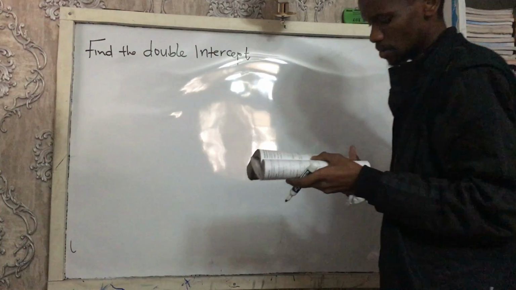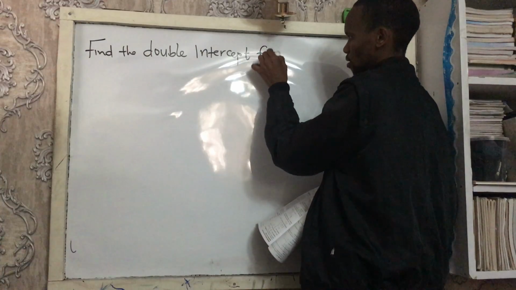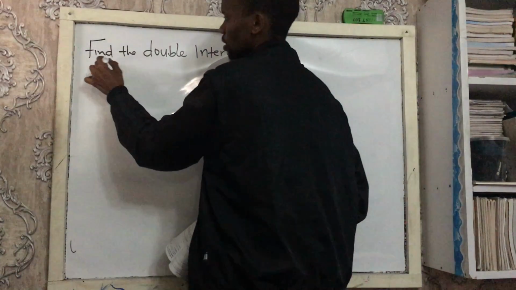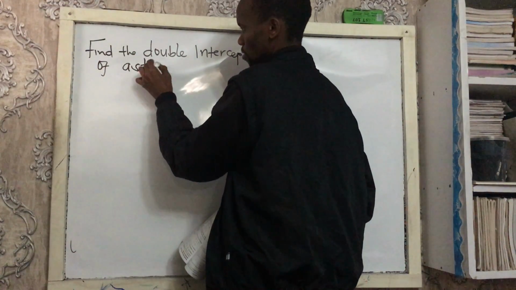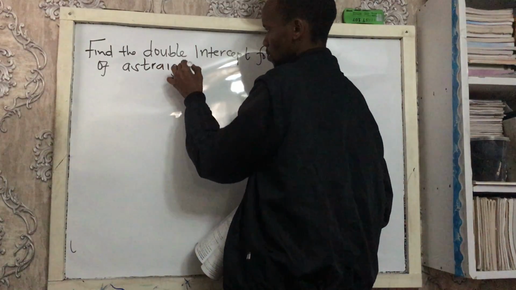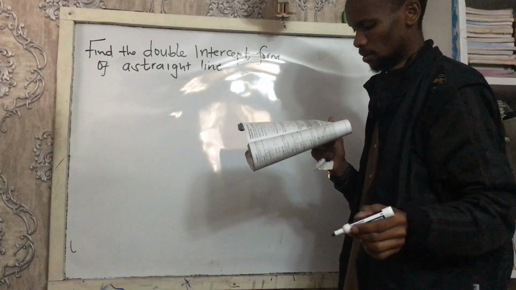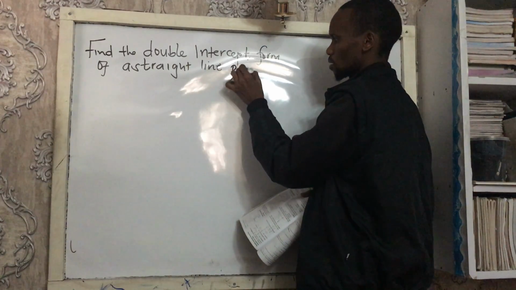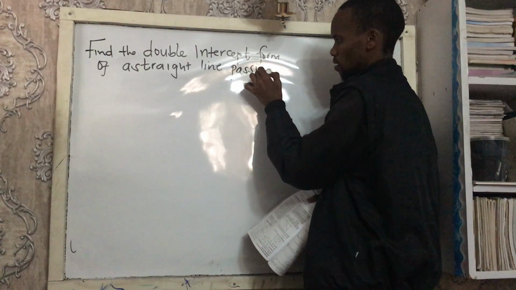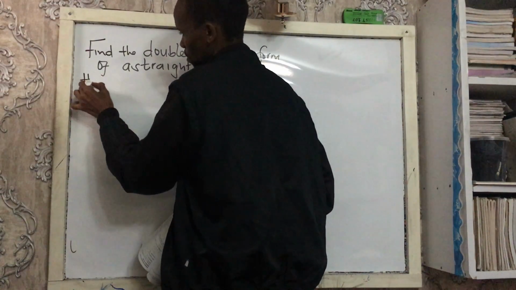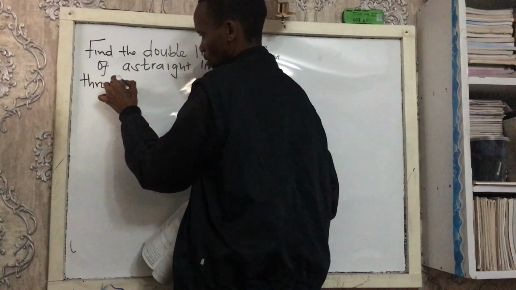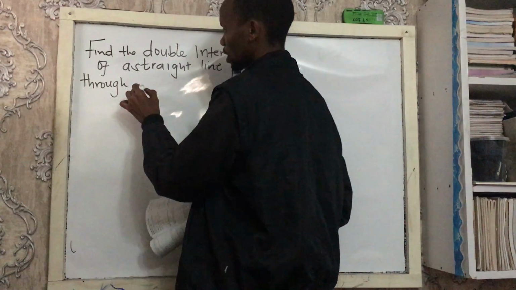Find the double intercept form of a straight line passing through the points